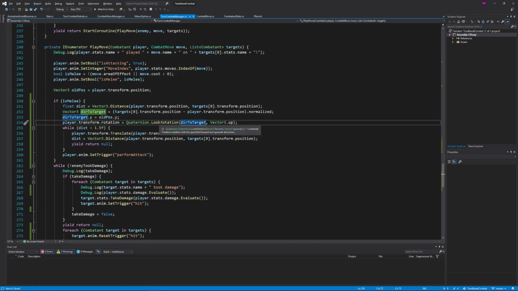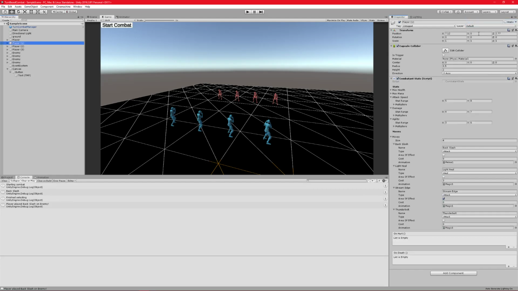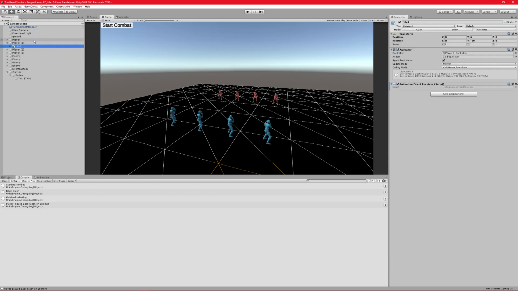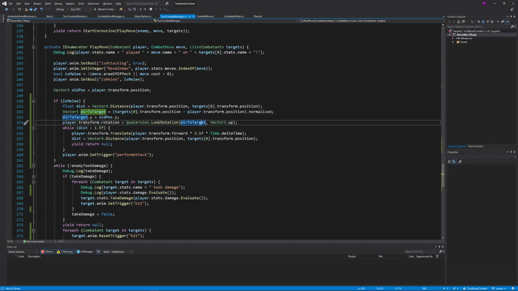So this creates a rotation with the specified forward and upward directions. Okay, so the forward appears to be what's incorrect here. Oh, that's right. Because if you remember, our models are rotated 90. Wait, no, that should still work. We want then, because they're in a container. Yeah, that should be fine. And the dir to target was correct before, so,